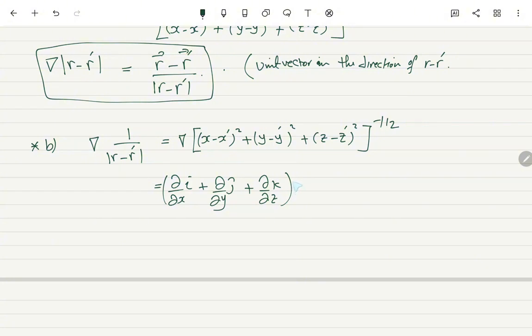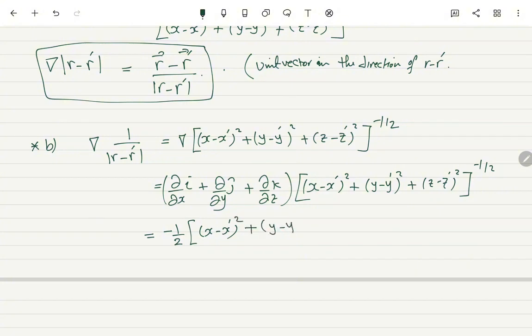When it applies on this one here, this equal to minus half times ((x − x′)² + (y − y′)² + (z − z′)²) all to the power minus 3 over 2 times 2(x − x′)